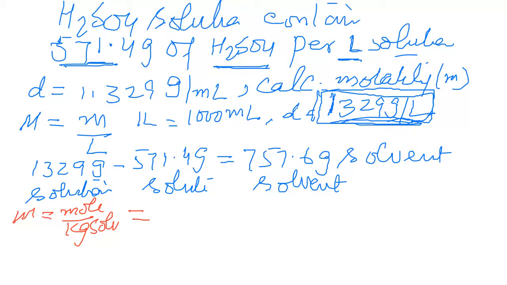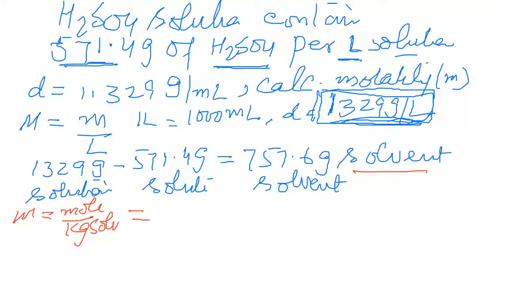We have them, which we divided by what? Divided by the molar mass for the solute, H2SO4. So how much solute should we write? We have 757.6 gram. No, my friend, this is solvent. Please look carefully. It's not solute.